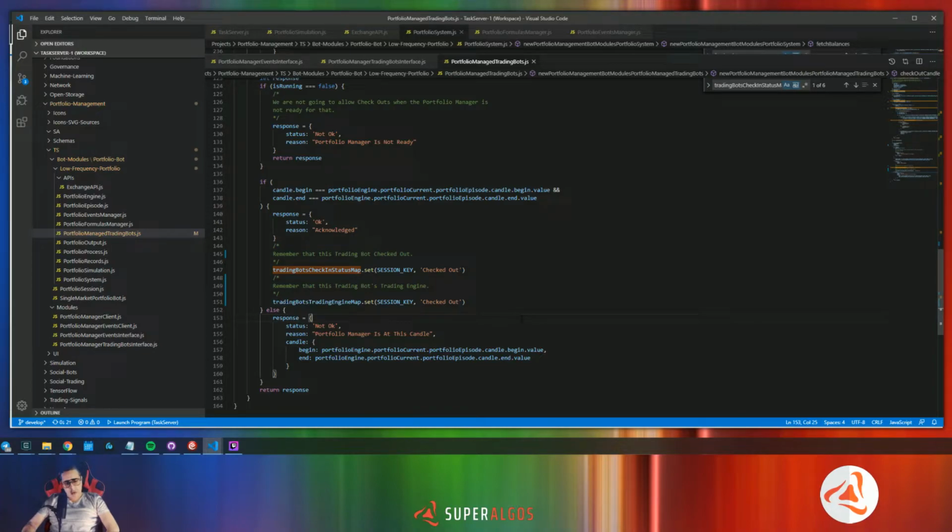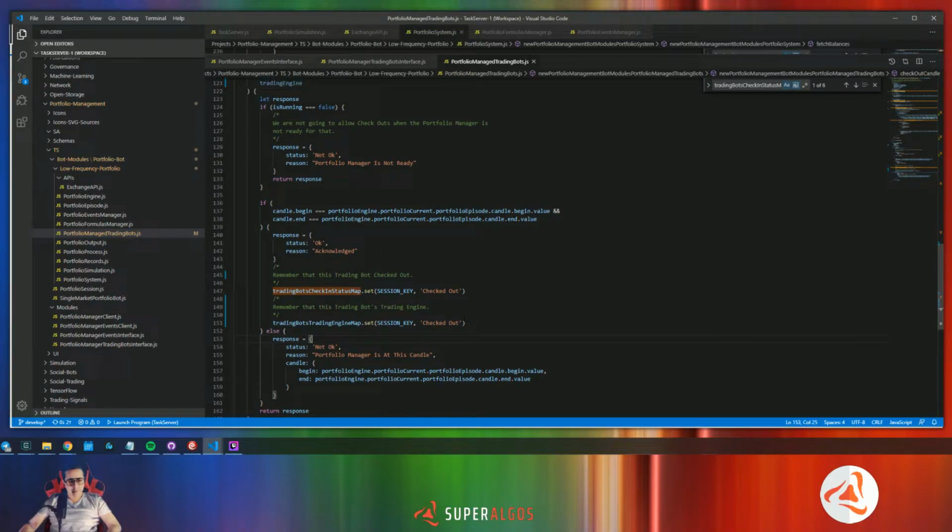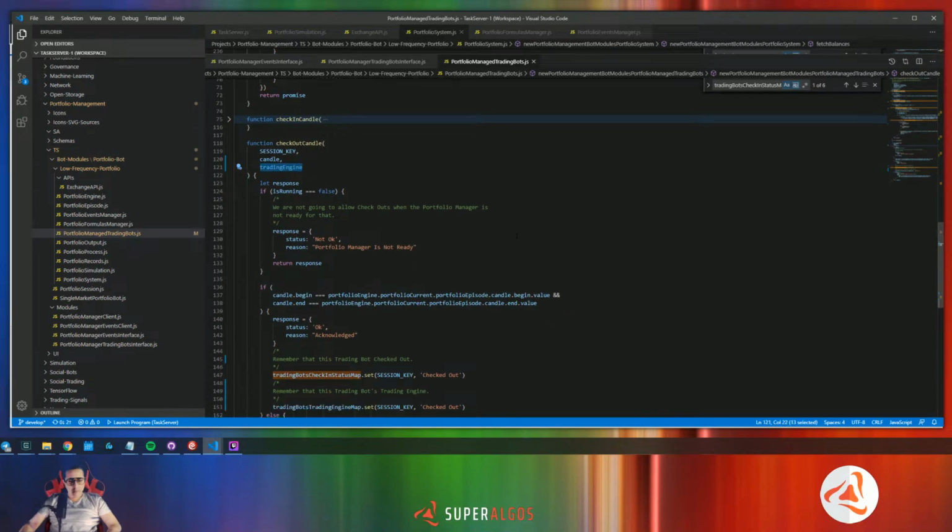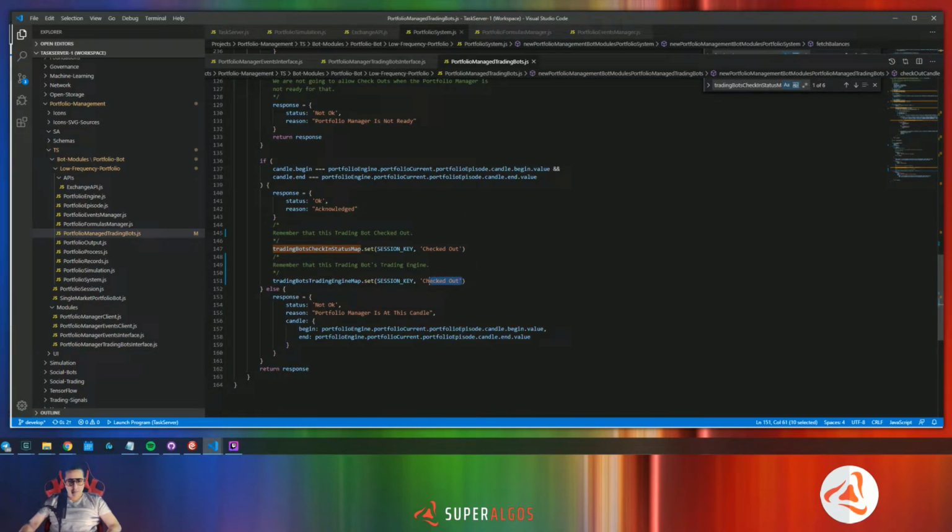That means that we'll have access to the trading engine of the previous candle, because otherwise it will depend on the order in which the trading bots are checking in. So what we are doing here is that we are storing each trading engine received at this map. Okay,